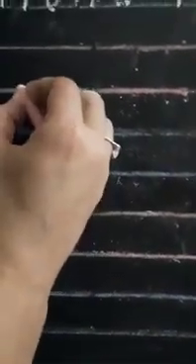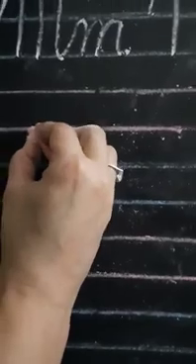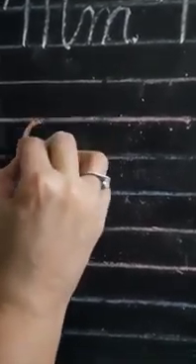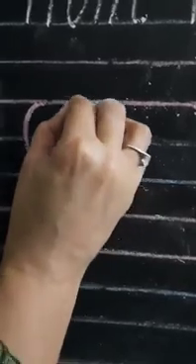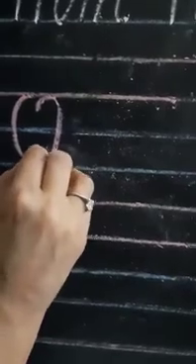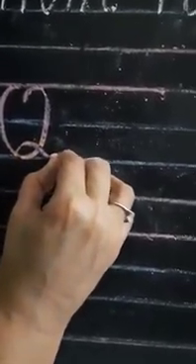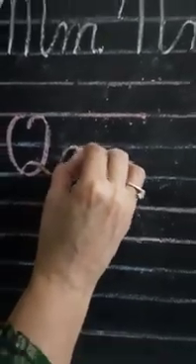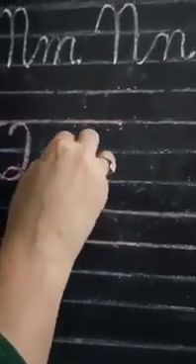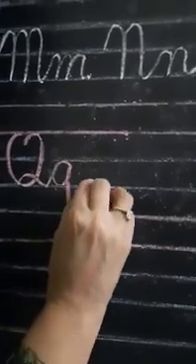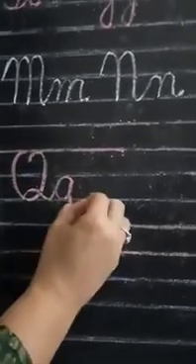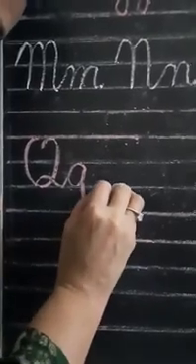Now we are going to write joining Q. Okay, joining Q के लिए हमने पहले O ही बनाना है. O की तरह ही होता है joining Q, है ना? We'll start from the red line, make a curve like this, go up and make it little open like this, और नीचे से curve बनाना like this, touch the blue line, second blue line और turn करते हुए ऊपर जाओ and make small q, come down with the little slanting line and touch the second blue line. Okay, touch the second blue line like this.